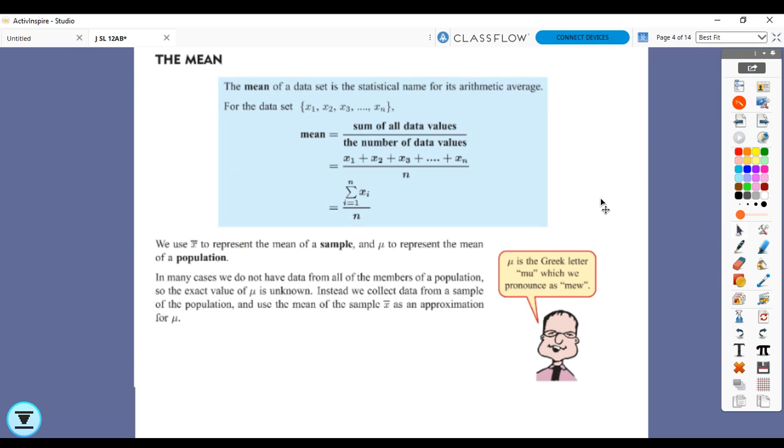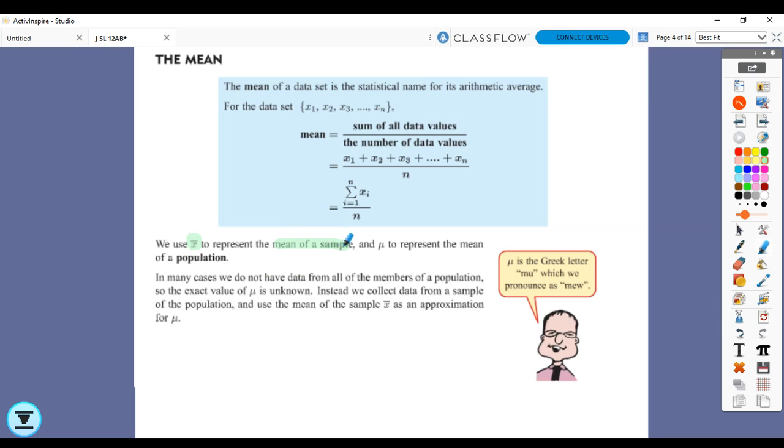You have been dealing with the mean for a long time. It's just the average, where you add everything up and divide by the amount. The notation is probably good to understand. This is just your Greek letter sigma. Sigma just adds up all of the data values, so this is a more succinct way to write it. X bar